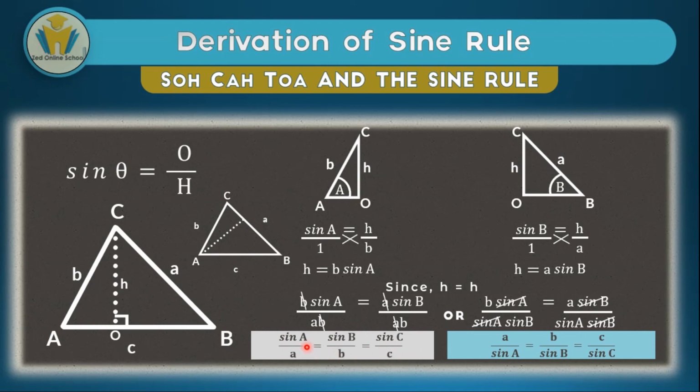It's like if this one is equal to this one, and then this B is equal to this C, we can confidently say that all these three are equal to each other. That's how we derive the sine rule. It should be noted that we can use another altitude from B to the other side AC, and what will happen is just that we'll have a different set of letters. We might have AC, and basically it's the same principle as I was saying. The A will be equal to the B, and if the A is again equal to the C,